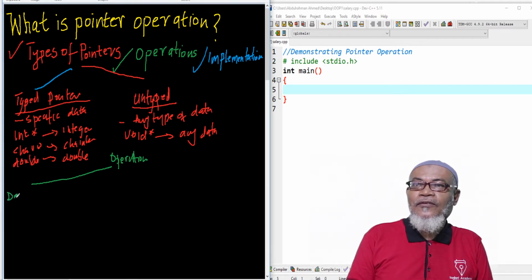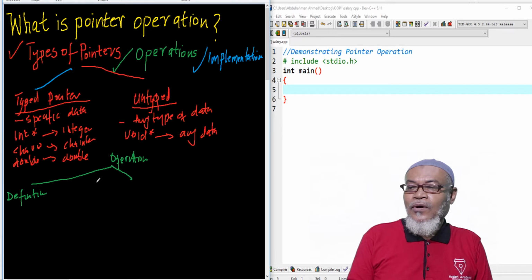So here we have the definition of a pointer variable, and then after that, we are going to assign the pointer variable. We are assigning the address of another variable,